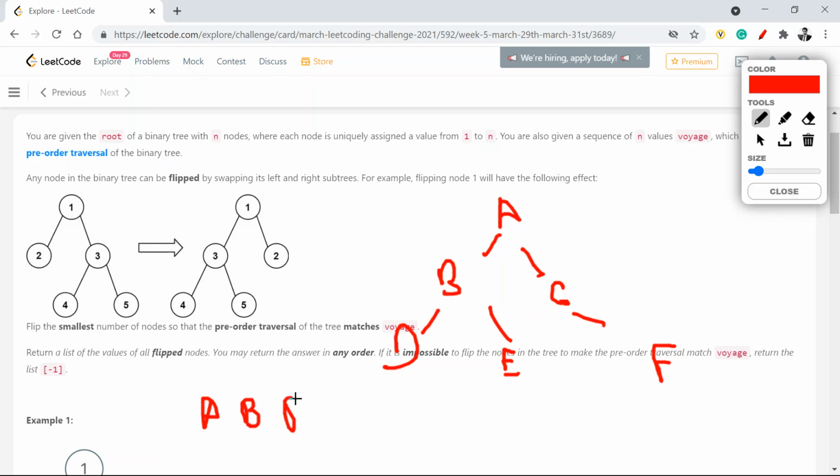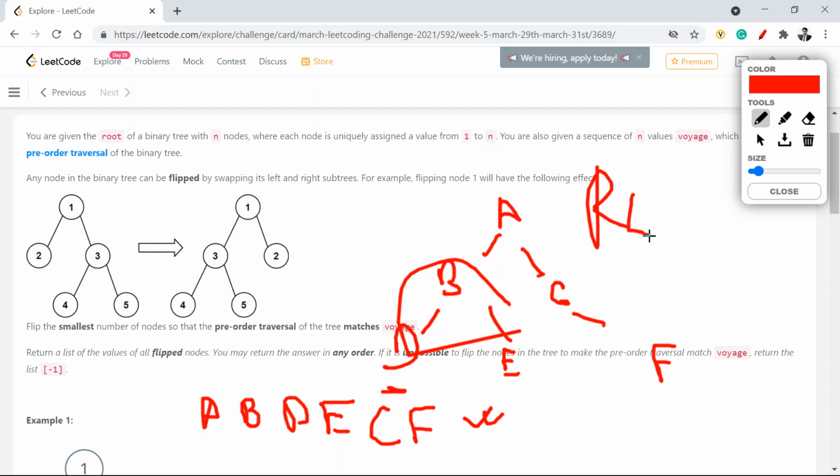B's left is D, it has no child, so I'll go towards the right, which is E. Now your whole left part is done. Then the right, C, which has no left child but has a right child, that will be F. So this is your pre-order traversal when you go root, left, right.